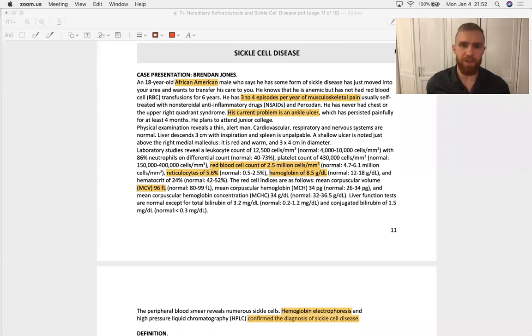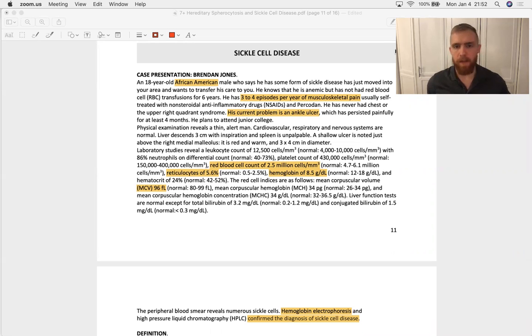Hello, let's talk about sickle cell disease. An 18-year-old African-American male presents to you. You're playing a primary care physician seeking to transfer care. He has 3 to 4 episodes per year of musculoskeletal pain, self-controlled with NSAIDs, and currently he has an ulcer